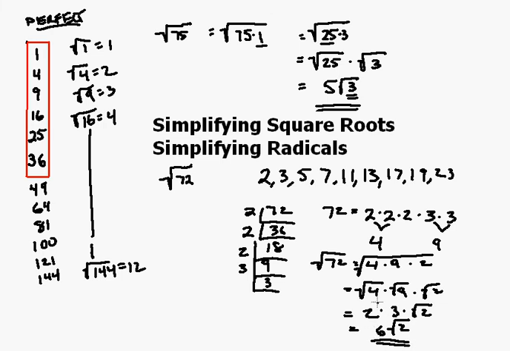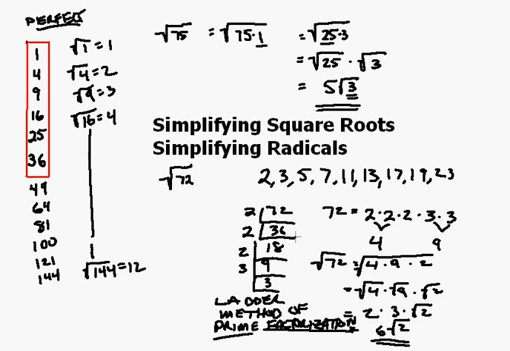So this is simplifying a radical using what we call the ladder method of prime factorization. Okay, we'll give further examples here, but again,